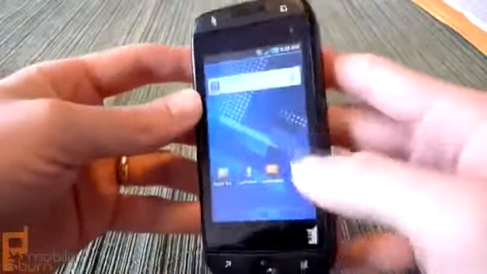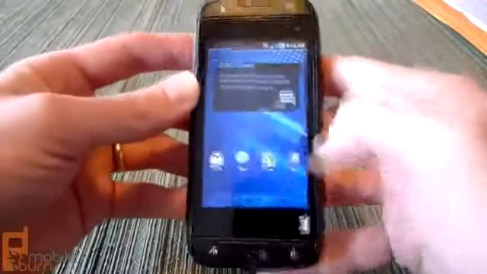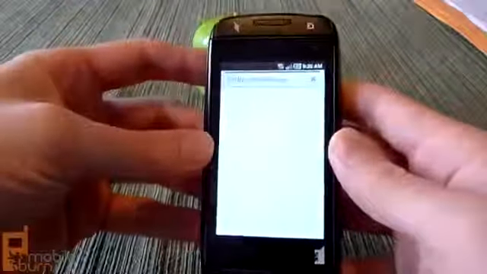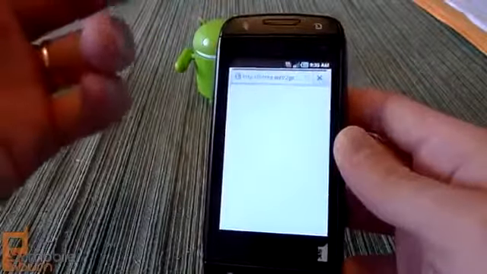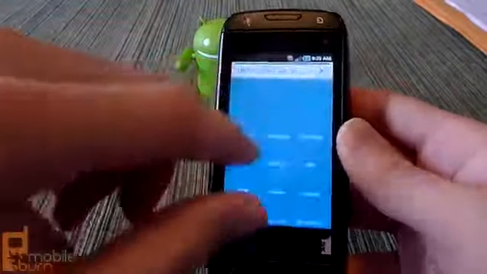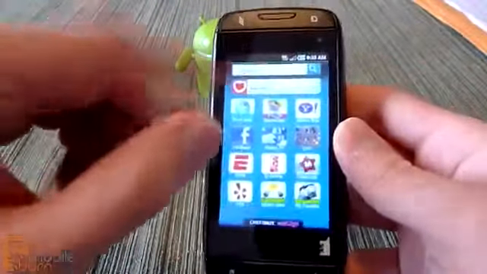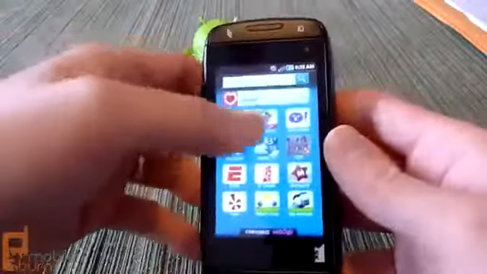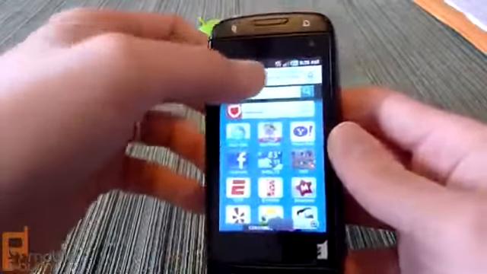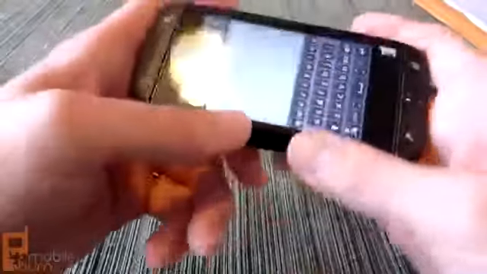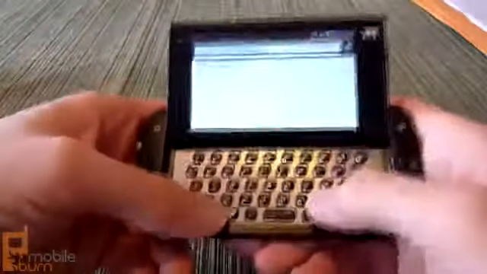We also wanted to show you the web browser quickly. It's your standard Android web browser. The Android 2.2 web browser, there isn't really too many customizations and stuff like that. T-Mobile's got a standard home screen here for different shortcuts and such. If we pull up our web page,